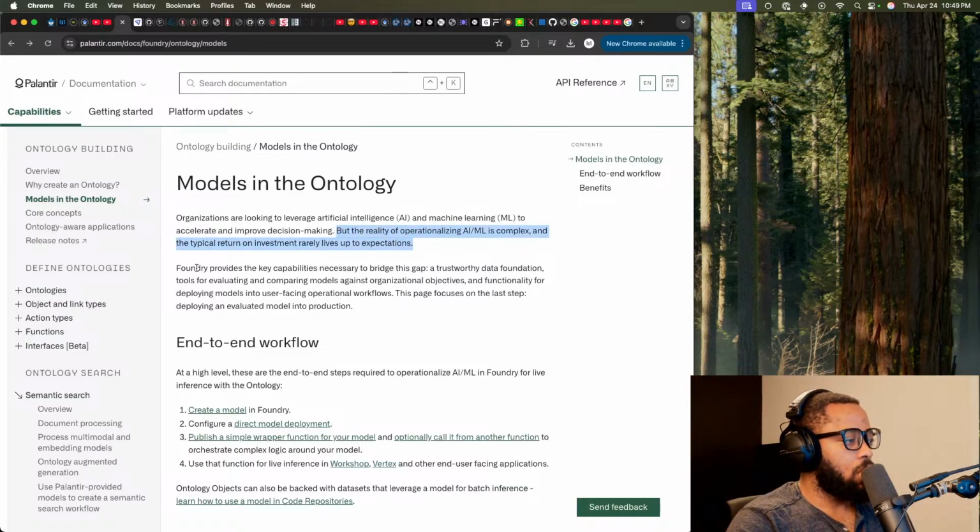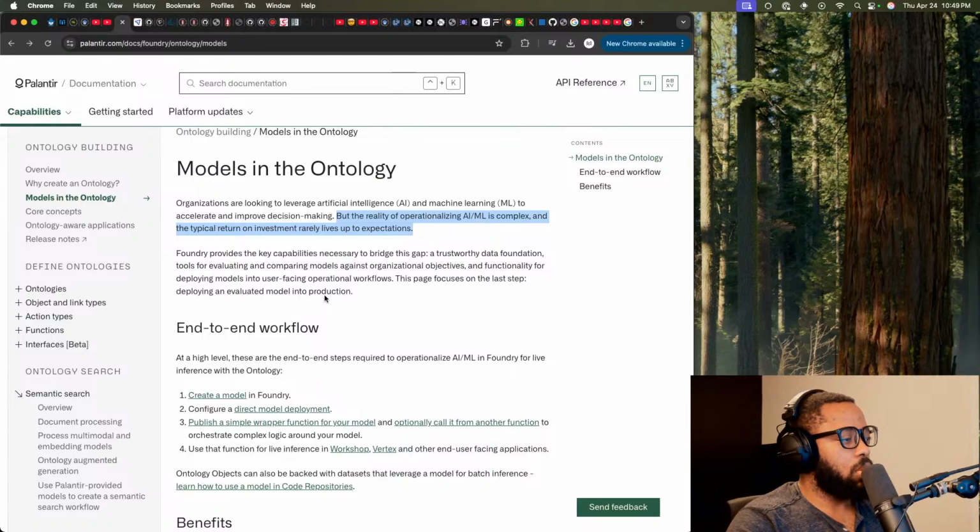True. Foundry provides the key capabilities necessary to bridge this gap. A trustworthy data foundation, tools for evaluating and comparing models against organizational objectives, and functionality for deploying models into user-facing operational workflows. This page focuses on the last step, deploying and evaluating model in production.